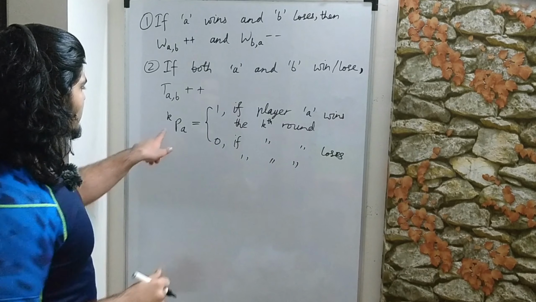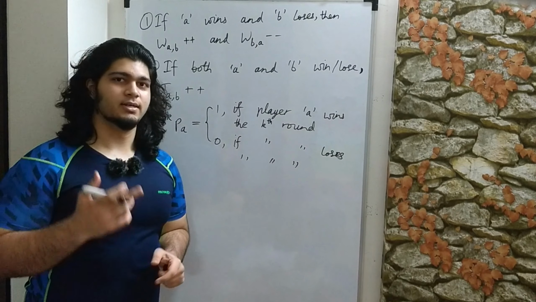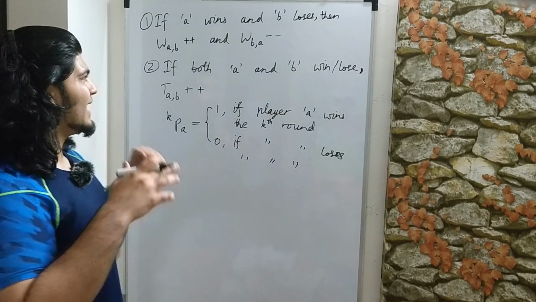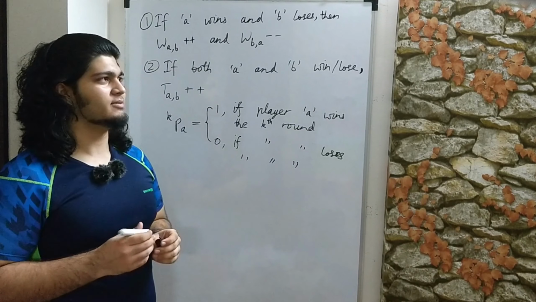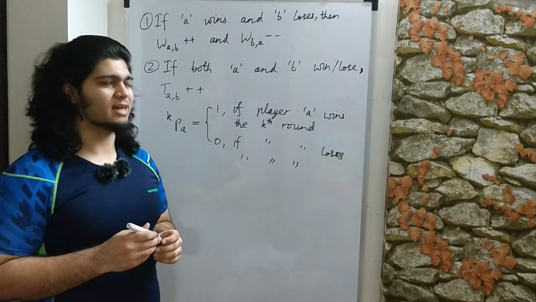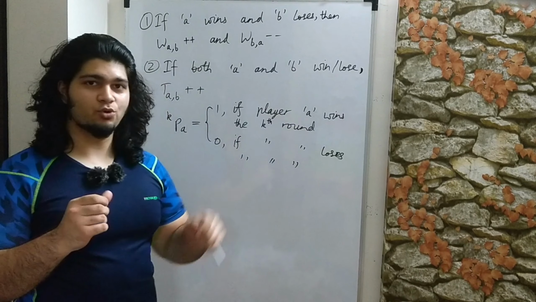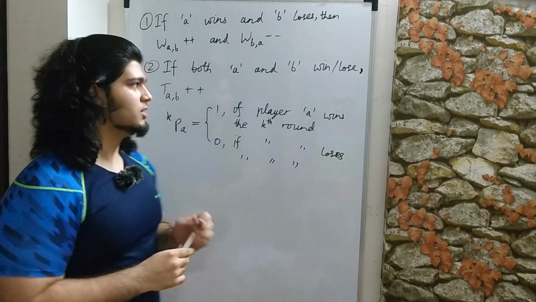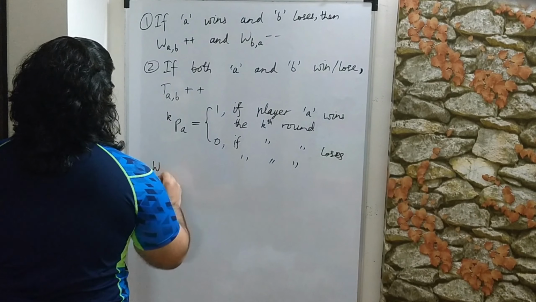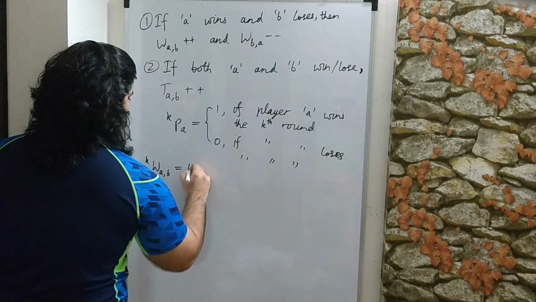So since we are using K over here as an indicator for the round number, maybe we can extend that into W and T as well, because if you notice, it's hard to talk about a single variable whose value is changing. Rather, we can have multiple variables, and we can encode the values of that variable over time in those variables. So we'll define WABK to be the value